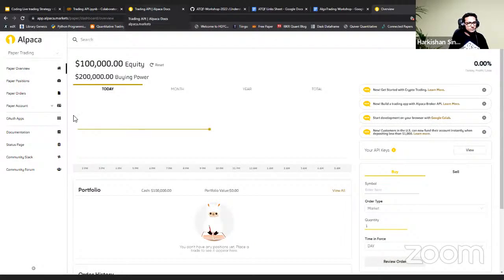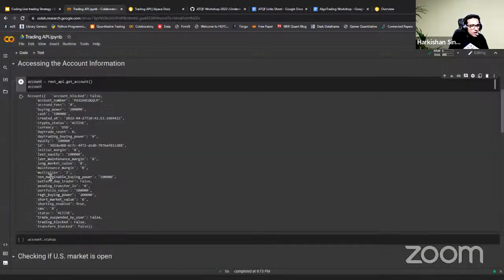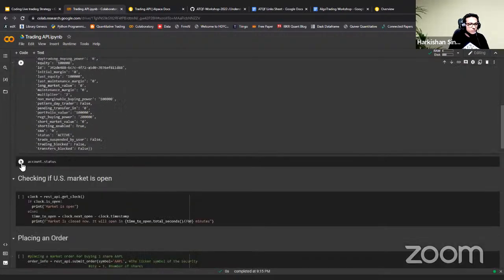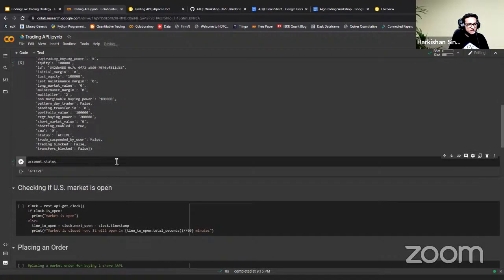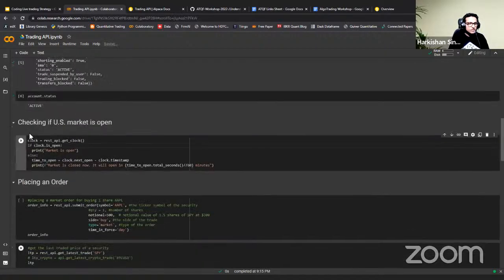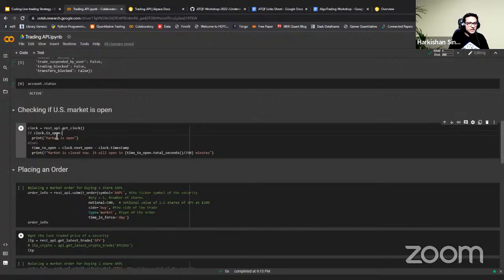So here, if you see our equity, last equity is $100,000. Yeah, current equity is $100,000. So we can see that. And if you want to see if our account is active or not, we can check the status, and the status says it's active. Second thing is, if you want to see if the US market